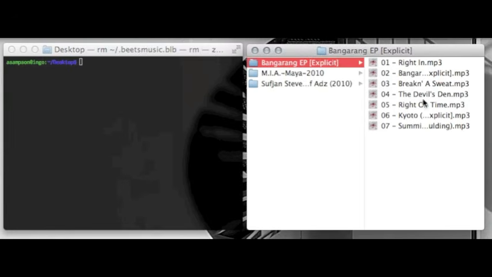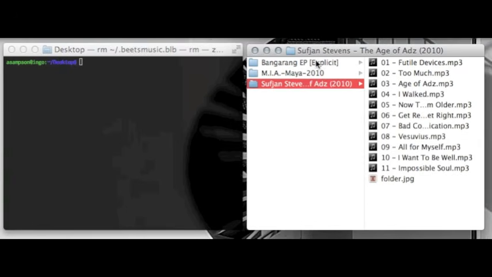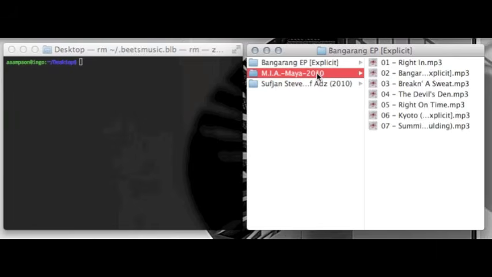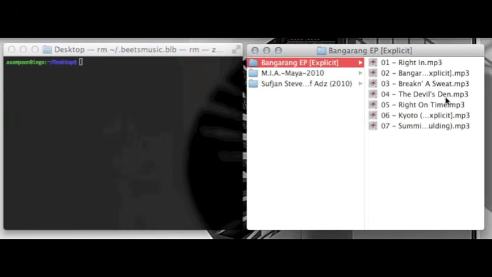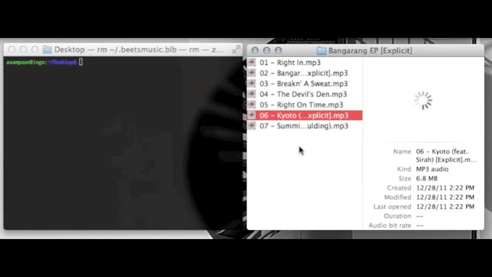For example, I've got the new Skrillex EP, which I just downloaded from Amazon, and I've got these two other albums by MAA and Sufjan Stevens. And it's good music, but the files themselves are not that great. The file names are somewhat inconsistent, the spacing is wrong, some of the capitalization is a little bit weird, the titles have some extra cruft at the end. In this one from Amazon, it's got this explicit thing at the end of the song's title